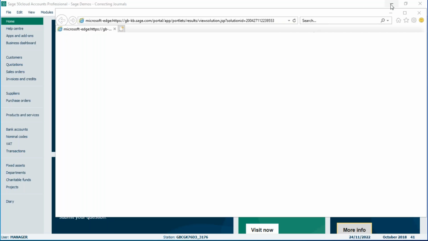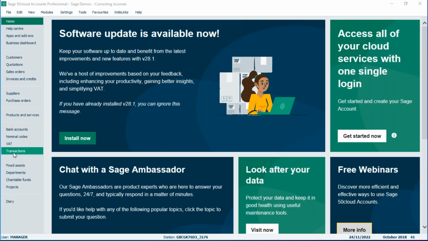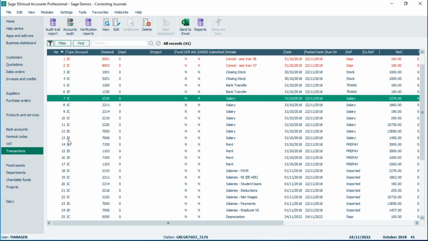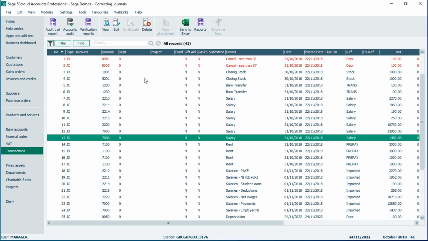If I just share my screen again, let's get rid of that browser window. If you go into your transactions list, the easiest thing to do is try and find those transactions. You'll find them on the list, and they're all going to have year-end journal as the detail. So find that chunk of journals that are posted as part of the year-end. I'm assuming they'll all be posted together. And then probably the best thing to do is just make a note of the transaction range. So let's say I wanted transaction 7 down to 13 as an example. If I then went into the audit trail report at the top,